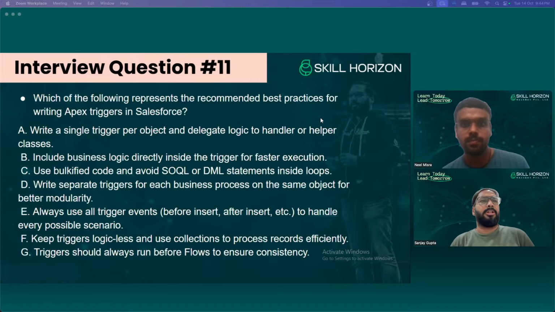So next is question number 11. It has lots of options available. Which of the following represents the recommended best practices for writing Apex triggers in Salesforce? Just read all and you need to select multiple options. There are 7 options available: A, B, C, D, E, F, G. You need to choose the correct ones.